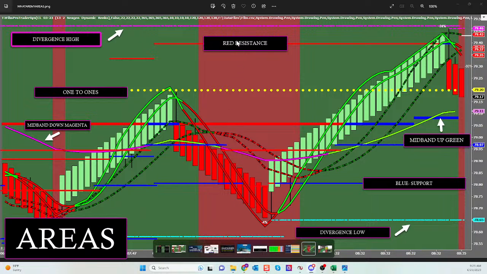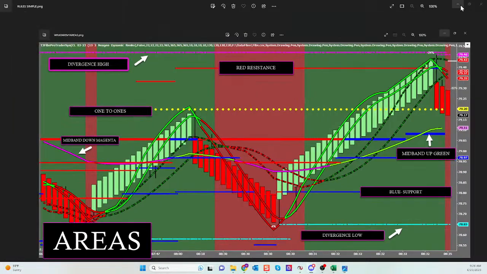We're also looking for red Fibonacci resistance and blue Fibonacci support, yellow 1-to-1s, and there will be instances where the midband can act as a termination condition. Safia, I think you put a question in there earlier about using the midband, right? So we can talk about that midband a little bit today. When it is a termination condition, it's a really easy recipe to determine when it's likely to hold and when it's not, and we'll go into that a little bit today. Guys, your great questions create awesome classes. They really do, because you'll get everything that you need.